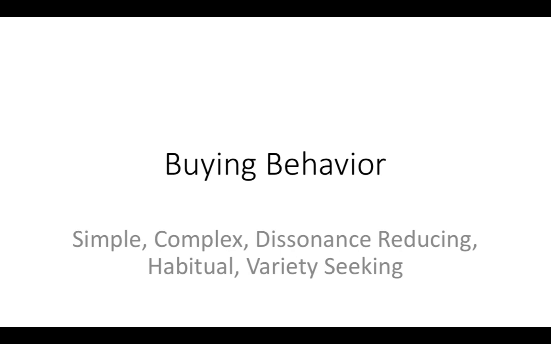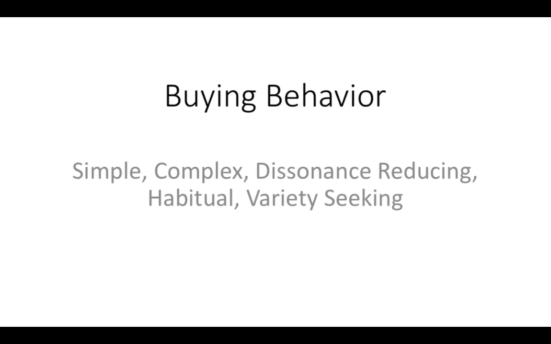There's different types of buying behavior. You don't have to know these specifically. Simple buying behavior is just when you want to go get some gum. Complex buying behavior, it's going to be very complex if you buy a house or a car. Sometimes we have variety-seeking buying behavior. In other words, we want different types of shoes, so we buy based on the new shoes we want. We want a bunch of different variety.